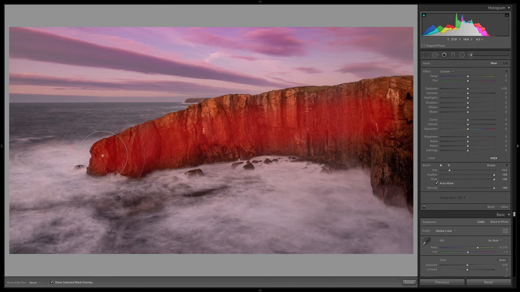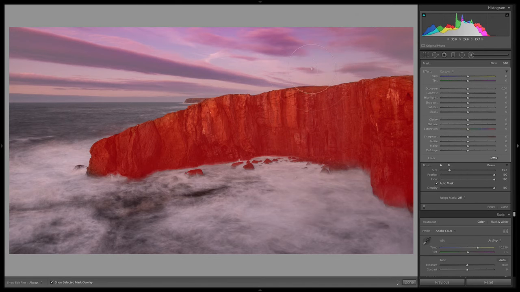Now, when you're using the auto mask, it does kind of depend on where you click first. If I had clicked in the sky first and then dragged down into the cliffs, it would be telling Lightroom that I kind of want to just pick the sky. And so when I'm brushing over the cliff sides, it's not going to work as well. And so now, since I actually did click the cliffside first, it does a pretty good job.